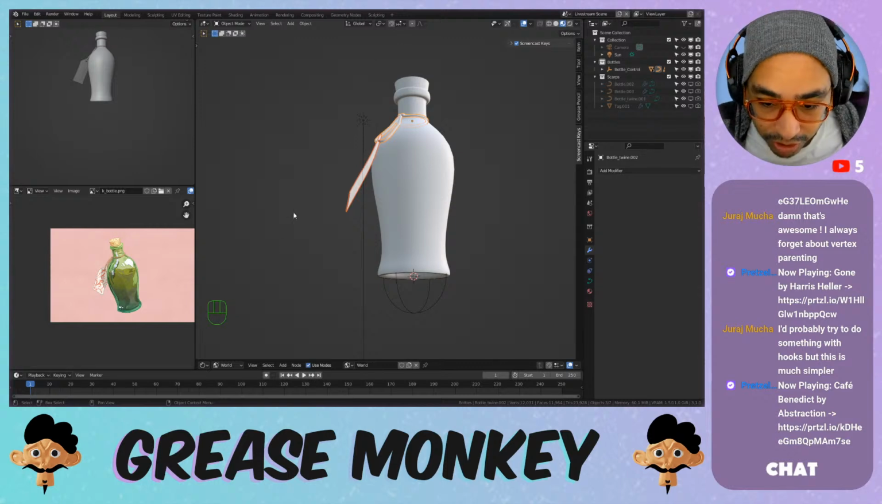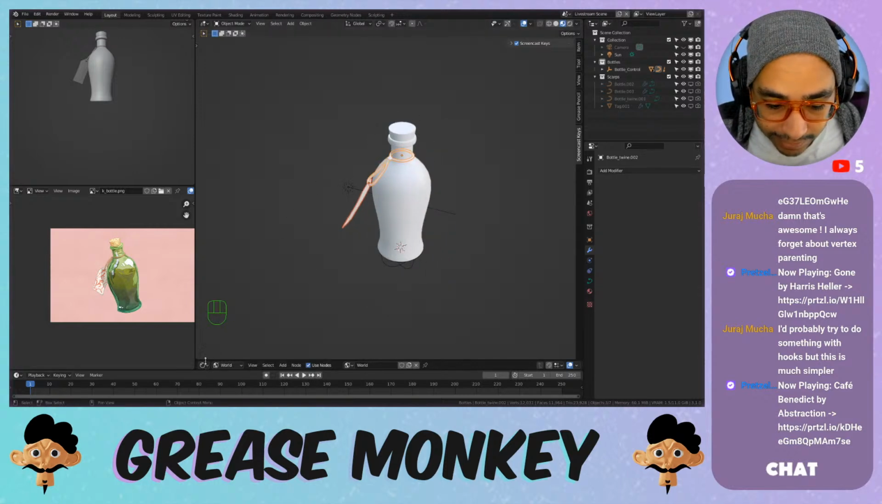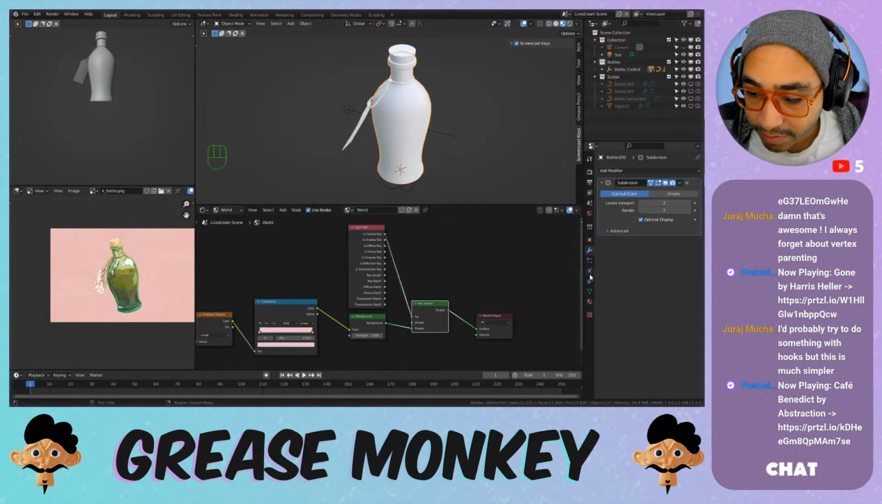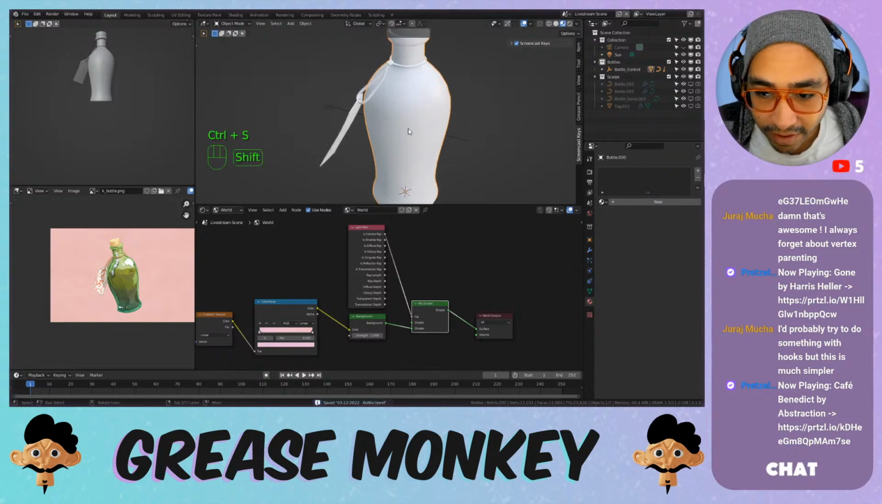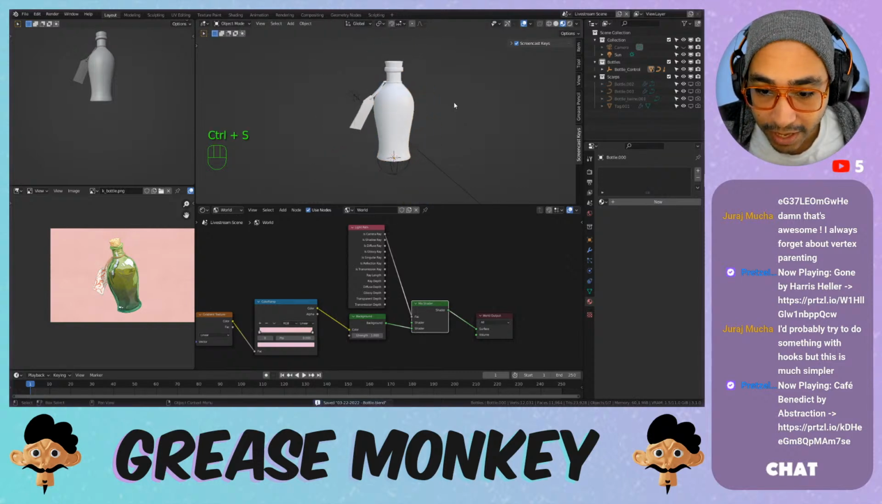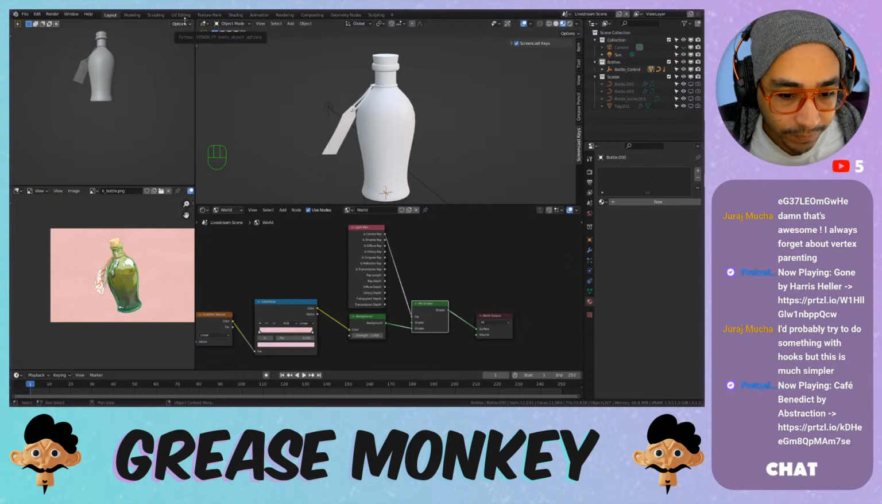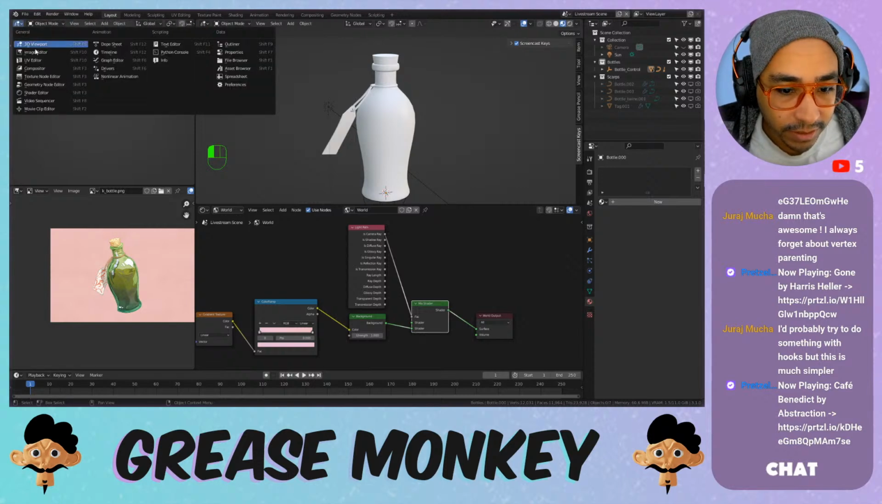So let's bring up our shader editor, which is already here. I'm going to click on this bottle, and it looks like we have one material, and what we're going to do is hit save, obviously. Always do that. And we're going to go into my asset browser. So the shader I'm going to be using is